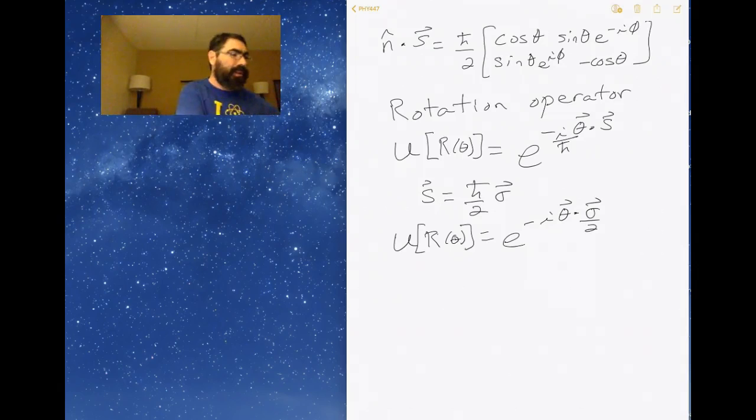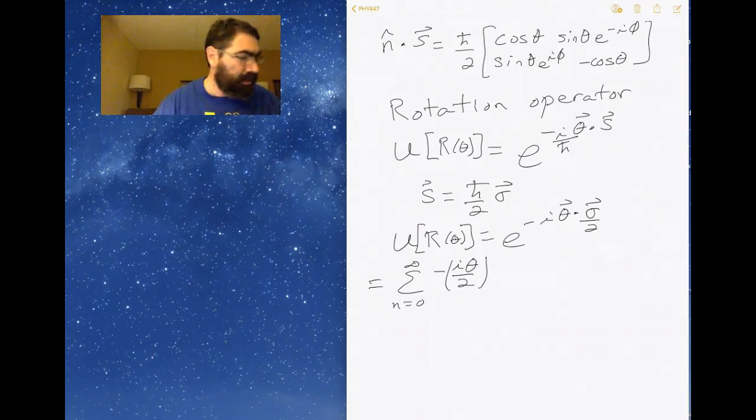Okay, so now we can expand this, we can make a Taylor expansion of minus i theta over 2 to the power n, 1 over n factorial, and then the